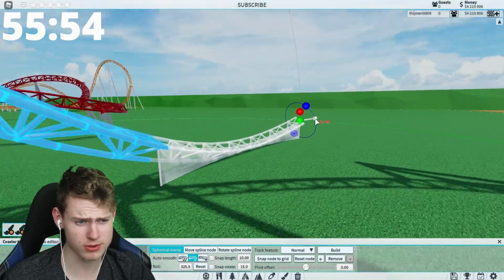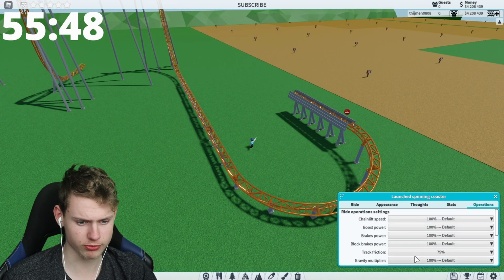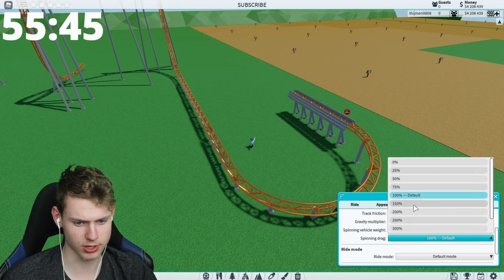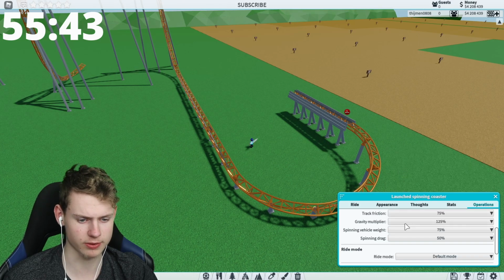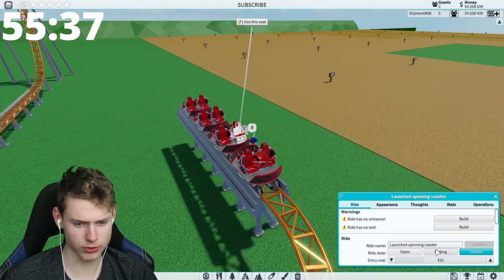I think we probably have to decrease it, because it will probably go quite quick. So first let's change all of these. Track friction 75, gravity 125%, spinning drag 50, and weight 75. For the rest we can always change things like boost power and other stuff, but let's make it 4 trains and